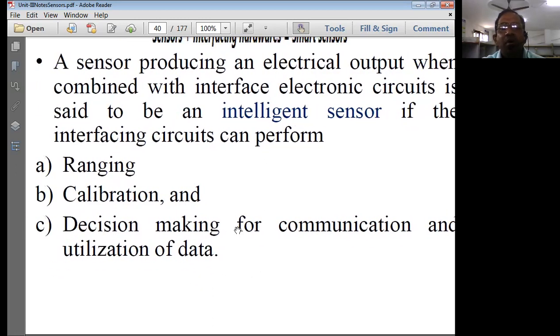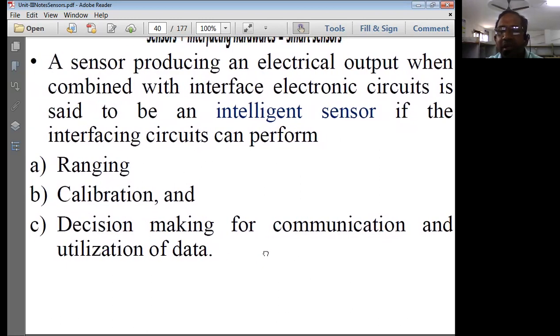Then, when it is involved in making decisions for processing and for communication, decision making is normally done in the sensor itself. For communication, what type of communication is involved? There are many types of technologies involved in communication, whether wireless or wired, like